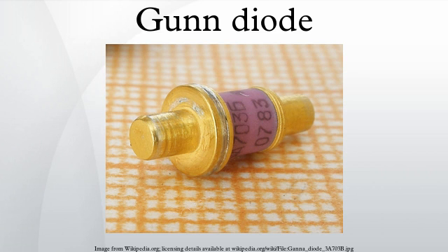A Gunn diode, also known as a transferred electron device, is a form of diode, a two-terminal passive semiconductor electronic component, with negative resistance, used in high-frequency electronics. It is based on the Gunn effect discovered in 1962 by physicist J.B. Gunn. Its largest use is in electronic oscillators to generate microwaves, in applications such as radar speed guns and microwave